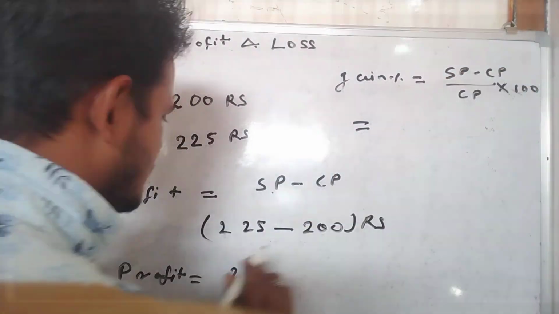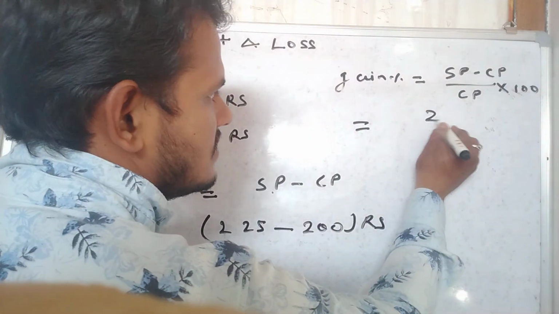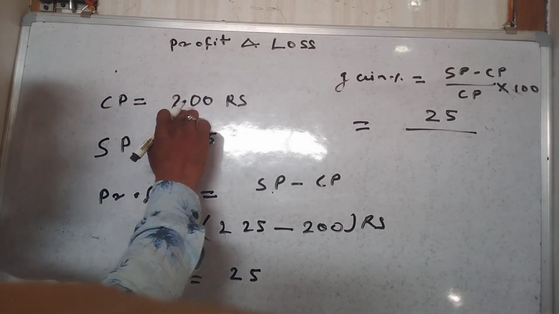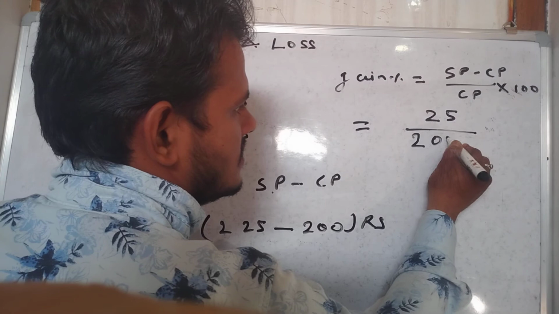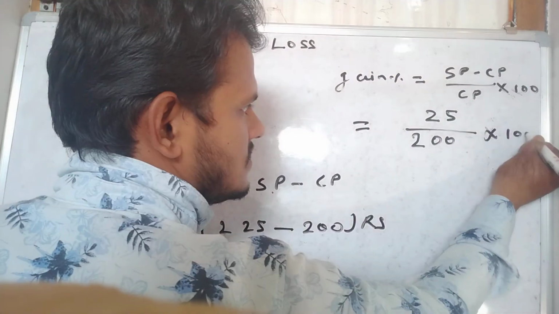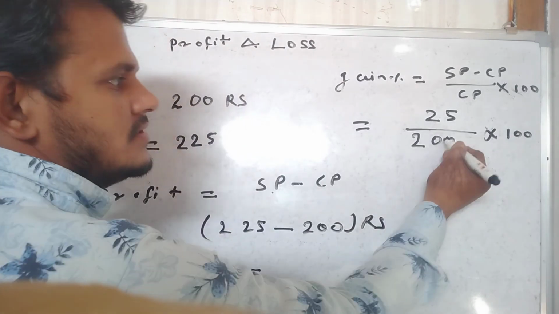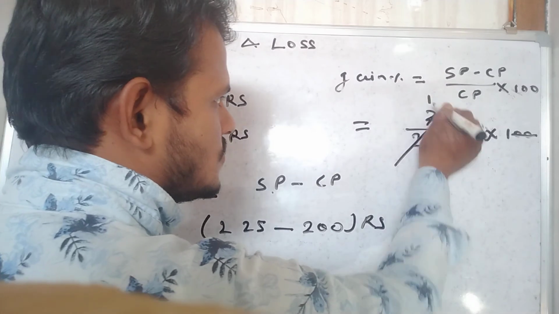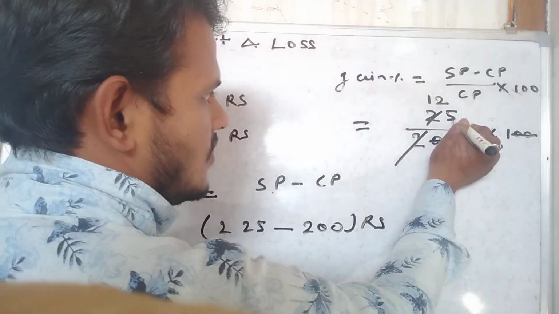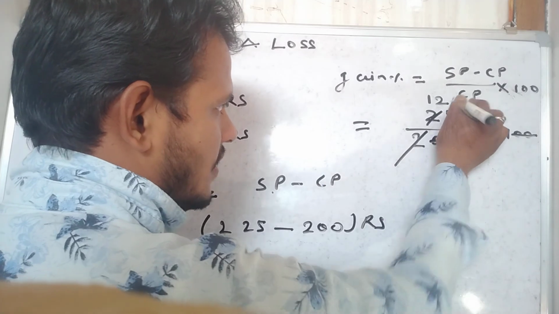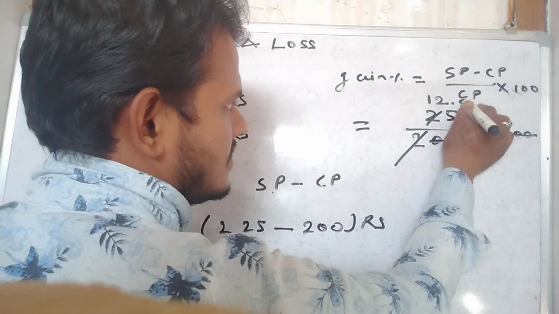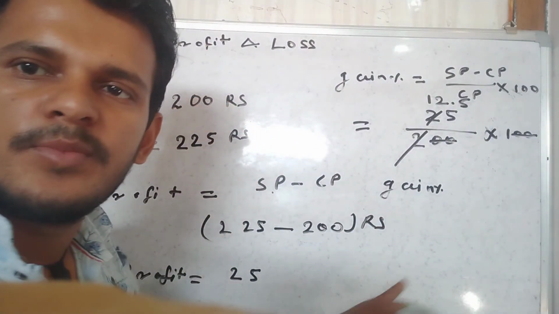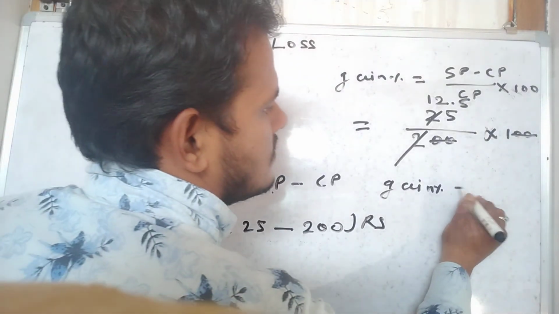So SP minus CP is only 25, so keep 25 by CP, which is 200, into 100. Twenty cancels, 2 ones are 2, 2 twos are 4, 1 remaining, so the decimal point comes, and 2 fives are 10. So gain percent equals